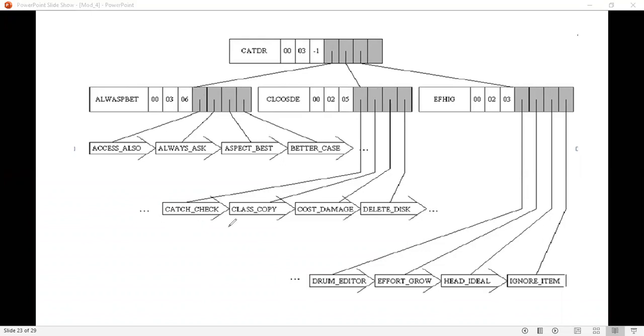Similarly, you have one more index block here for these blocks shown here, that is catch to check, class to copy, cost to damage, delete to disk. These are the keys of the records. A number of records are there. Now when you want to load these particular 4 blocks, before that you have a separator here, isn't it? Catch. This separator you have to load to the root there. As we discussed in the last figure, this has to be loaded into the root there.